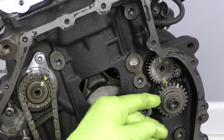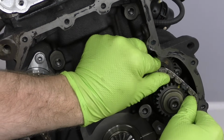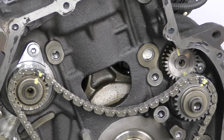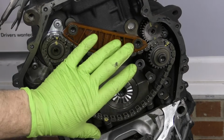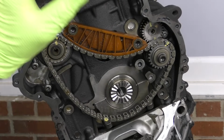If you don't move this gear much, it shouldn't matter. We'll take our other side of our chain and line the darkened mark up to that yellow mark that I painted on. Next, we are going to put our rail on for the top side of the balance shaft chain. Now we're going to leave this way for about 1.5 minutes